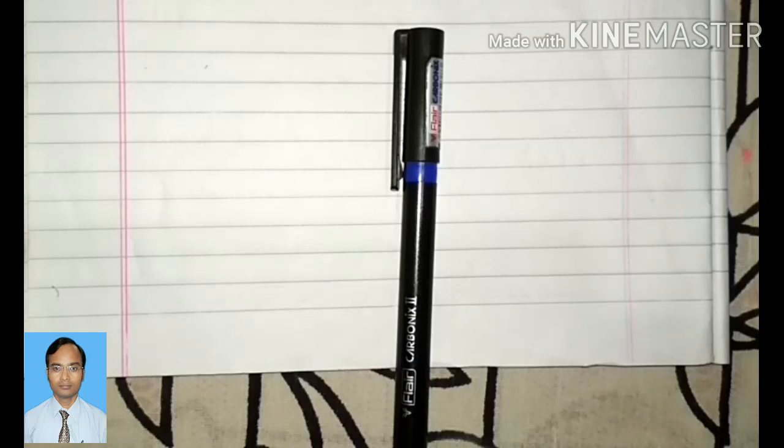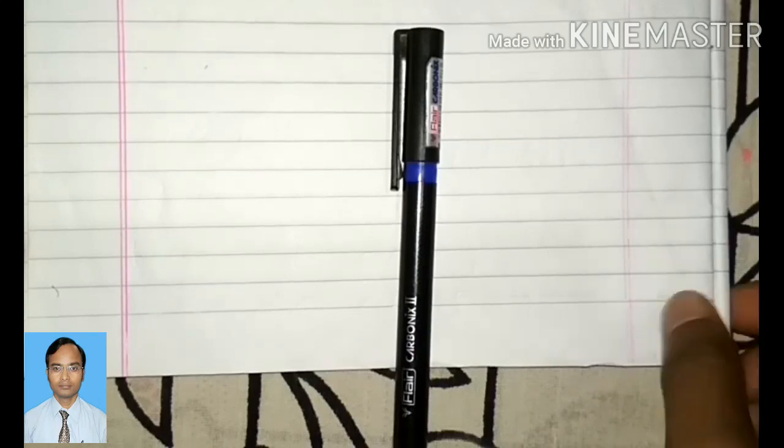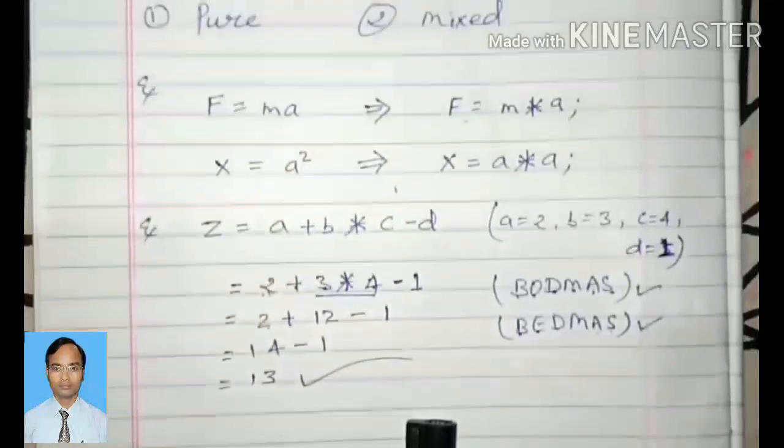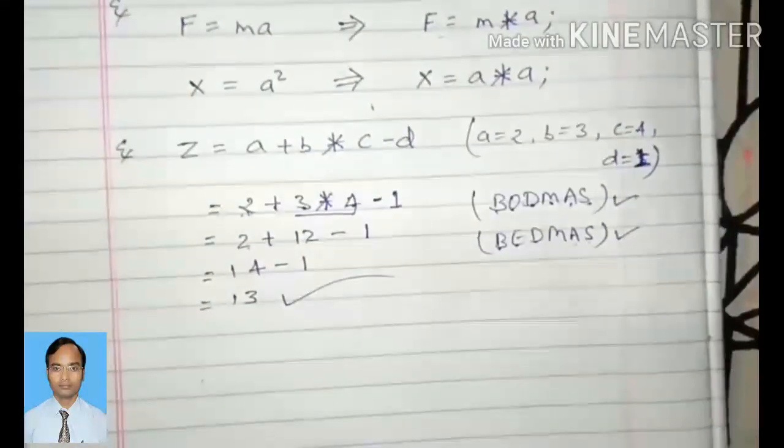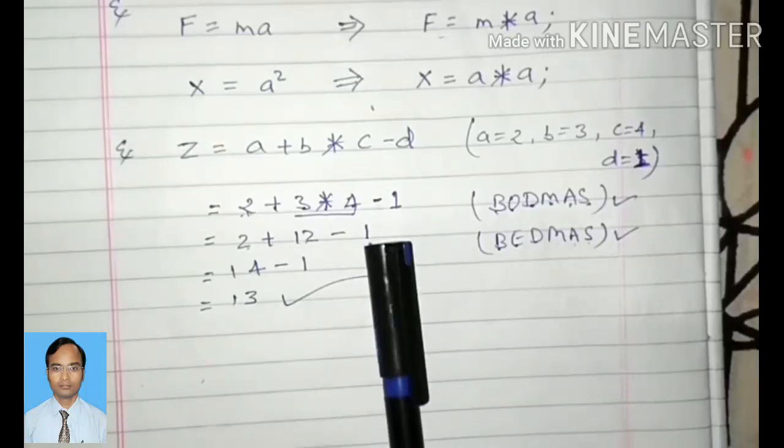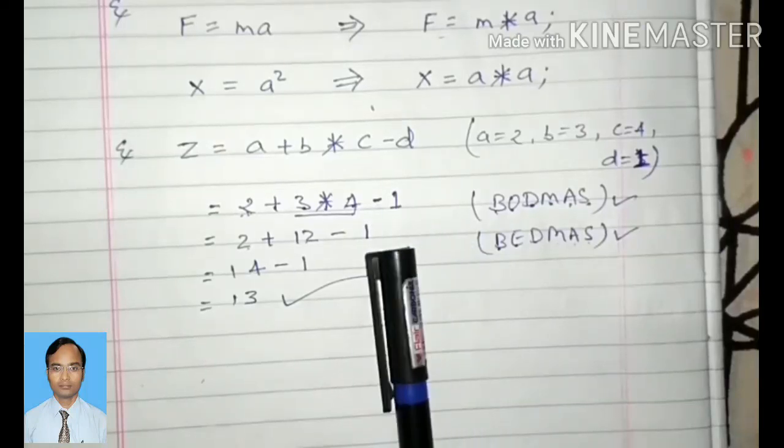In the last video we have seen expressions, types of expressions, and priority. Priority means the precedence of operators. This is what we had seen. In this video we will see